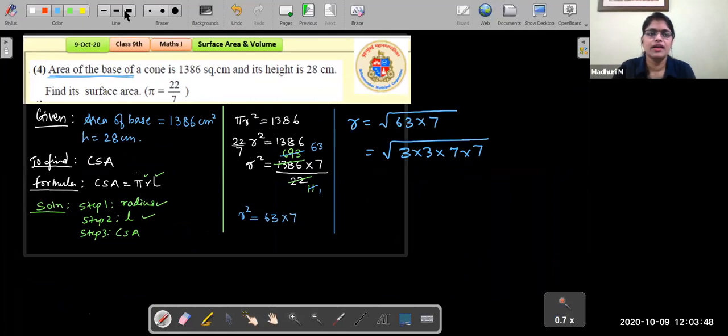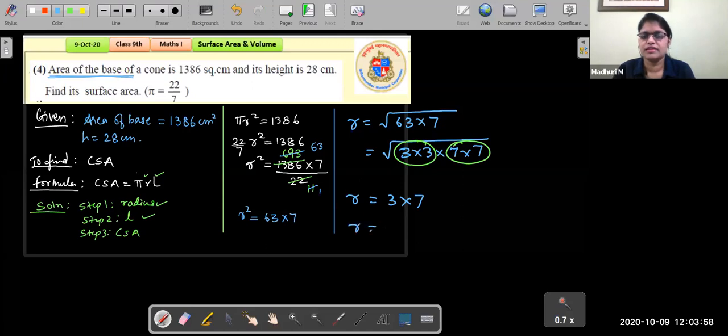That's what we get. And we know we can group up. So grouping up like that, we got r easily. So no need to multiply. Simply you can factor it out and get the answer. So here we got the radius to be 21, and the unit is centimeter. So that's how we got the radius to be 21 centimeter. So we are done with step 1.